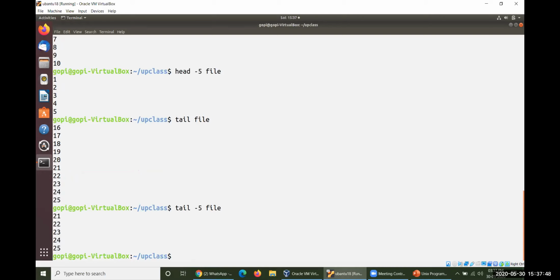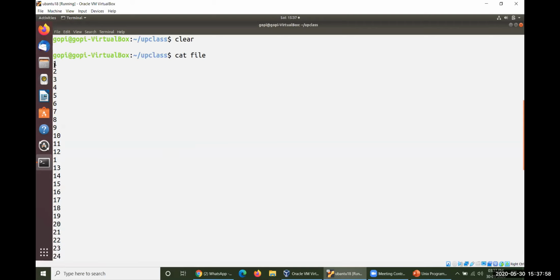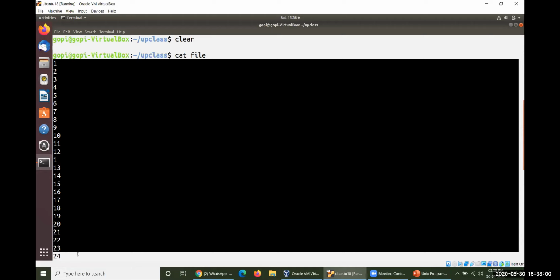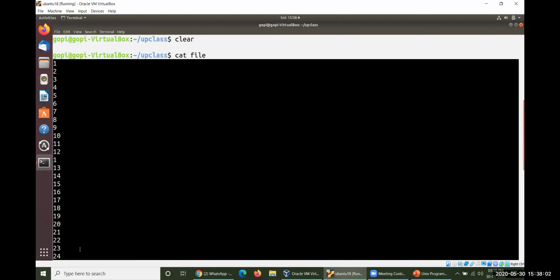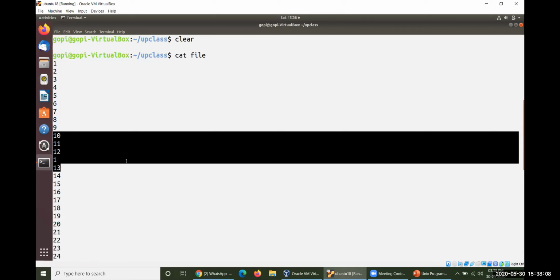And if anybody asks you to display exactly 10 to 15 lines, here totally 26 lines are available, and people want to display only lines 10 to 15, and beyond 10 and after 15 they don't require anything.